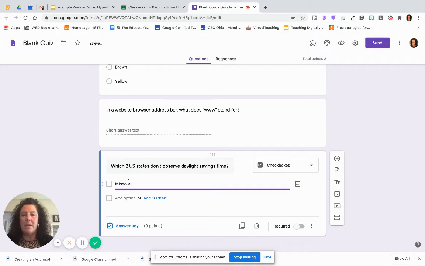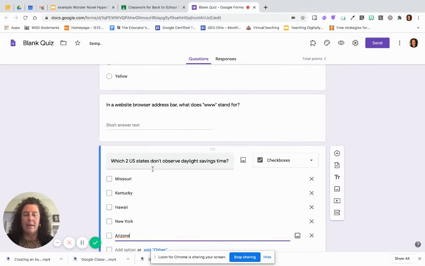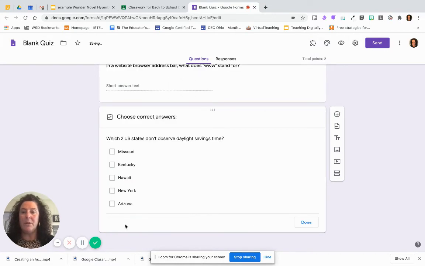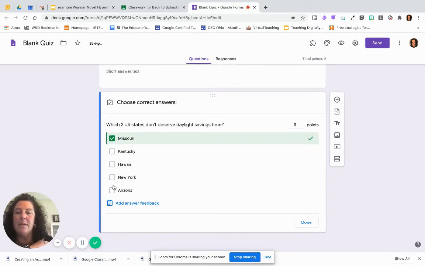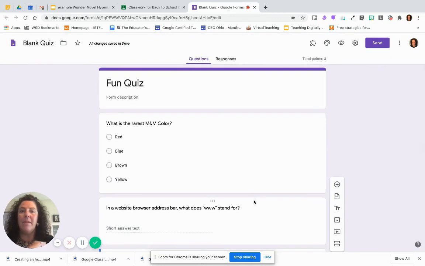Let's say Missouri, Kentucky. I'll give a whole list. Hawaii, New York, Arizona. And then let's spell Arizona correctly. And then my answer key, I'm going to select the 2. Notice that I can also add feedback, and I'm going to make this worth 1 point and then click done. Okay, so now that I have this blank quiz,